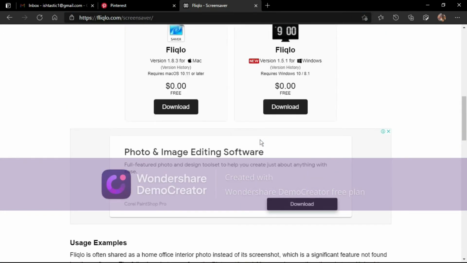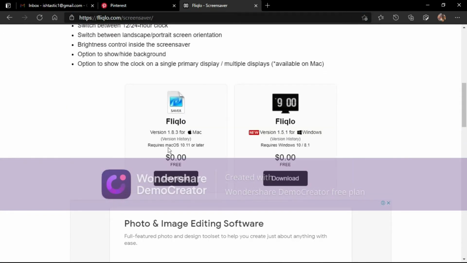Once you get this, you just scroll down and you get two things. Over here you can see two versions. One is for iOS and one is for Windows. If you have an Apple MacBook or something, you can definitely go for the left one. But like me, if you have Windows, just download this little thing. Once you download it, you will get this as a zip file, as you can see on the bottom left corner. You can see it's https flicklo.com download flicklo ser.zip. So it's a zip file.